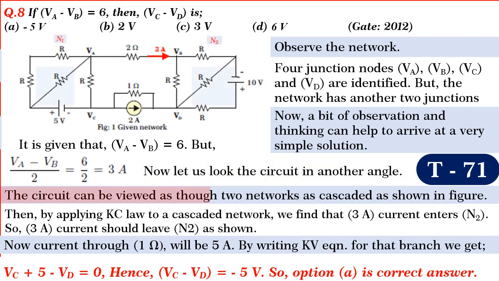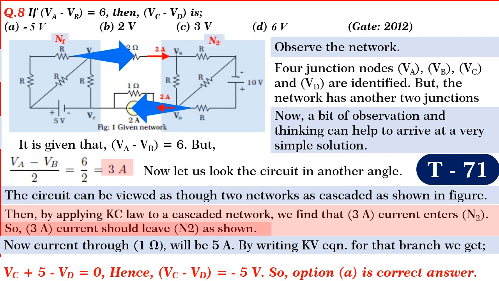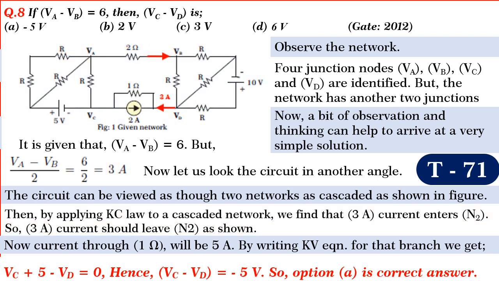The circuit can be viewed as though two networks are cascaded as shown. Then, applying the Kirchhoff's current law to a cascaded network, we find that 3 ampere current enters into, hence 3 amperes should leave into. Now, by applying current law, we find that current through 1 ohm will be 5 amperes